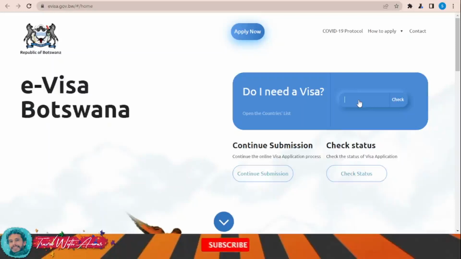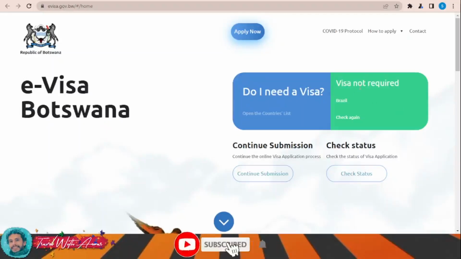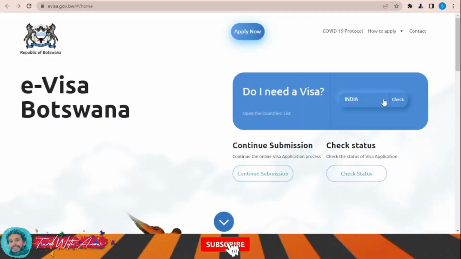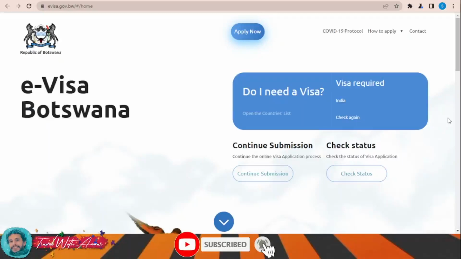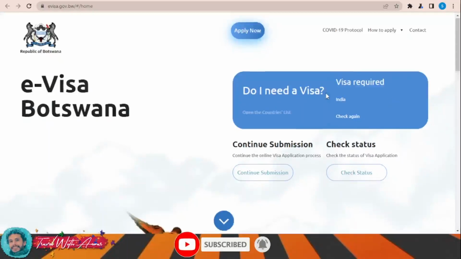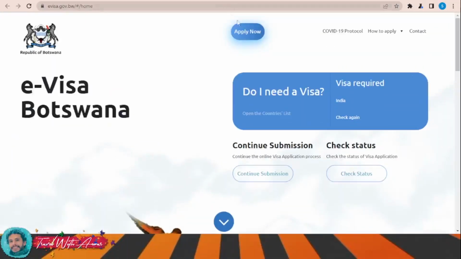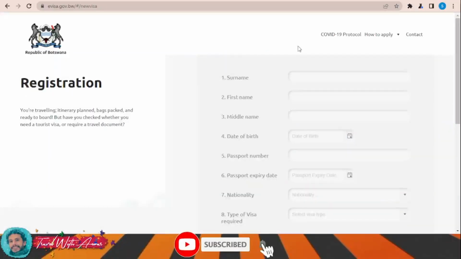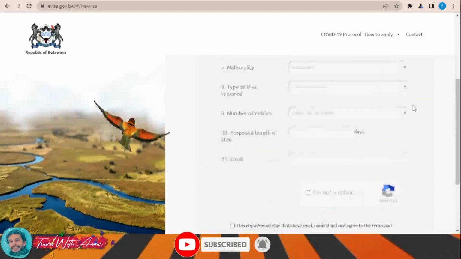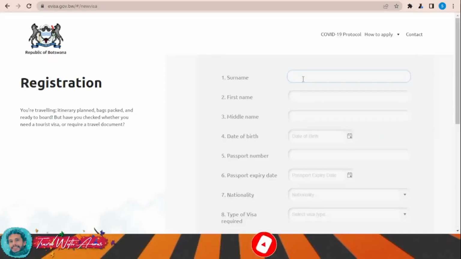For example, if I write that my country is Brazil, and I ask it to check, then for me visa is not required. Click check again. If I write India, for example, in this case check, then visa is required. And to apply for the visa, just click apply now over here, and you first need to register yourself using